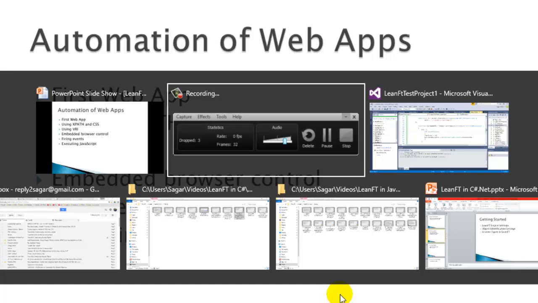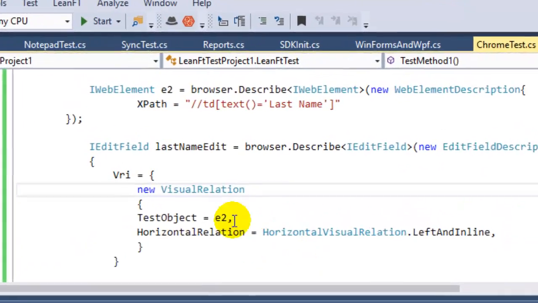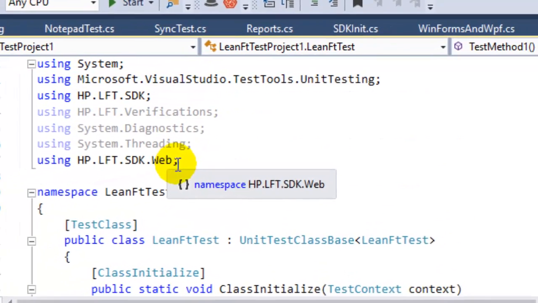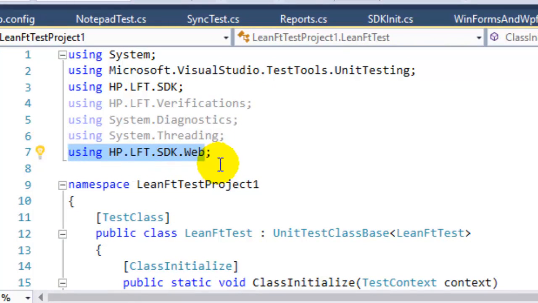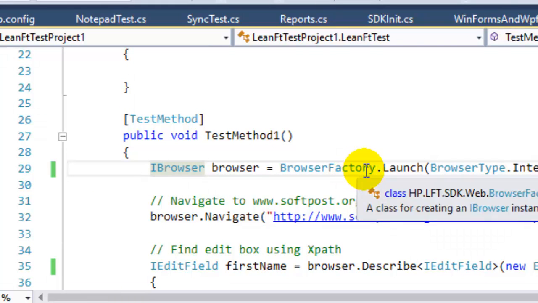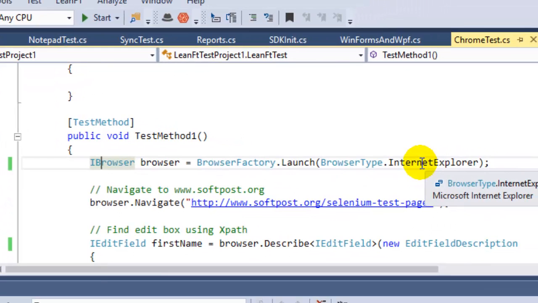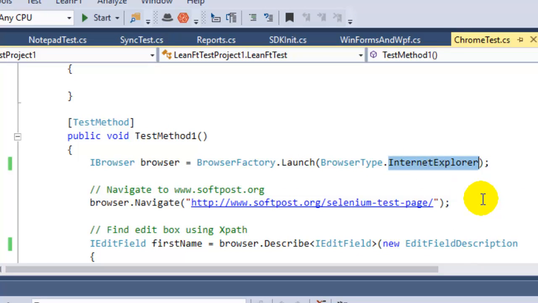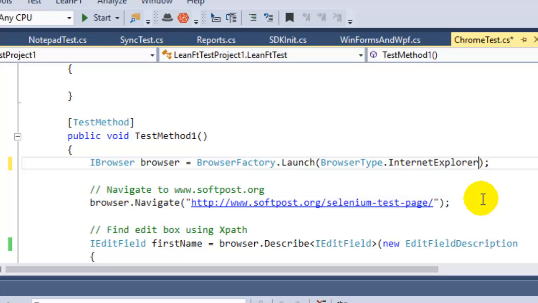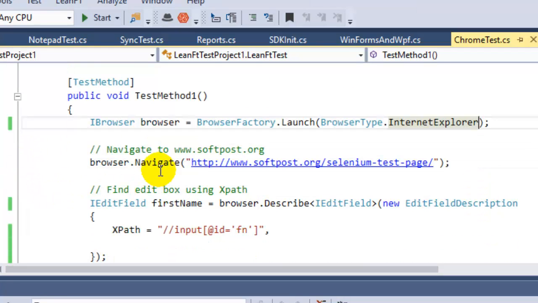So let's go to Visual Studio, and in this Visual Studio I have created one test. For automating the web application, ensure that you are using this namespace, hp.lft.sdk.web, and to start the browser you have to use the syntax BrowserFactory.Launch(BrowserType.InternetExplorer). So over here you can select other browsers as well: Firefox, Chrome, Edge, Mobile Center browser as well. So right now I'm using Internet Explorer, and then to navigate to the URL you have to use the Navigate method,